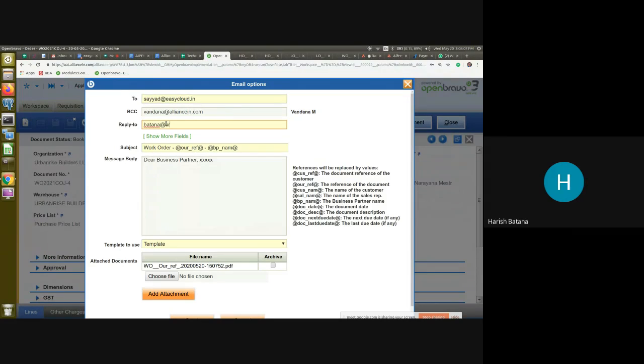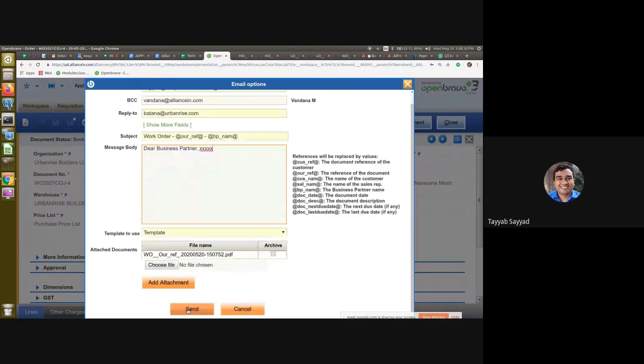Right? Can we write multiple emails into it? Yes, you have to put a comma. Like a normal email, you can put the comma here and add the other guys. Syed, before that you have to add them in contacts, no? Yeah. If the contact is not there, we can directly input it here in the To field and then send this through the system. Okay, so I'll just click on this Send and it will send the email to these guys.